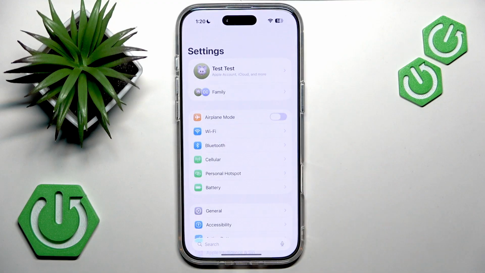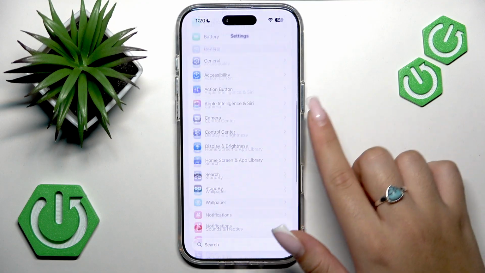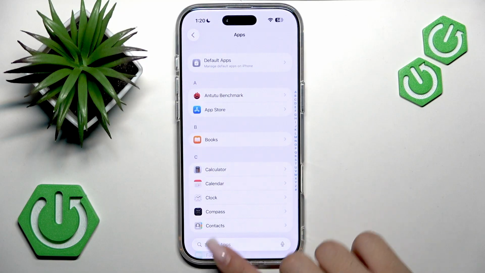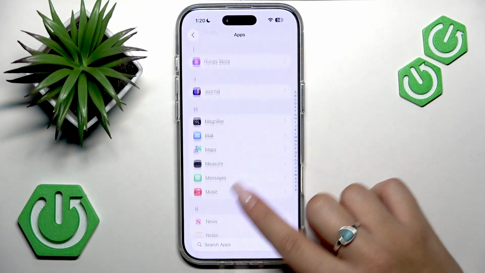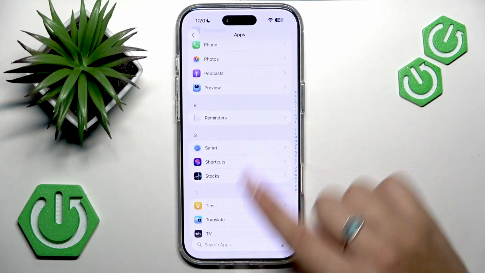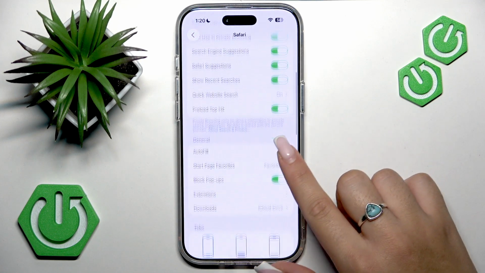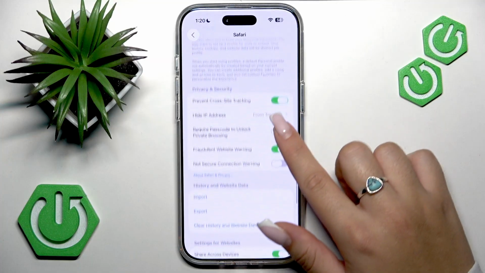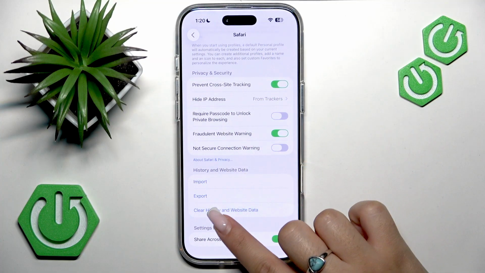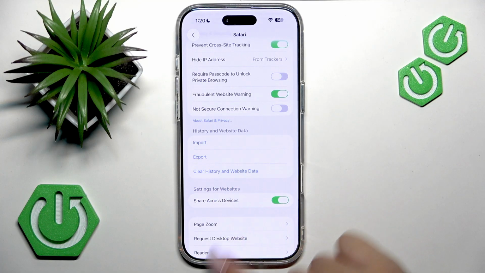So let's open settings, and you have to scroll all the way down to apps. And of course, from this list you want to find your Safari application. And now you want to scroll down to the tab that is called History and Website Data and press the button Clear